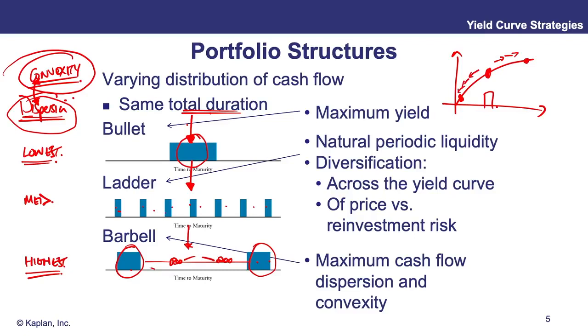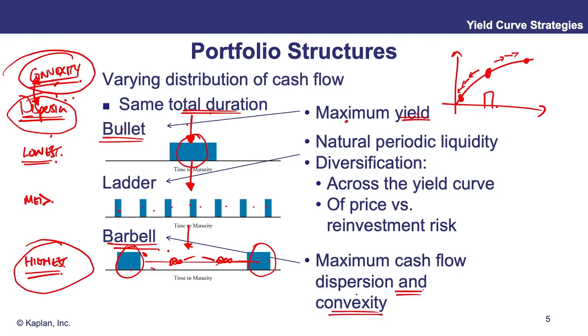In terms of yield, they'd like to be lower down here, but from a convexity perspective, we've already said highest convexity with the barbell, lowest convexity with the bullet. So you're making up yield here with the bullet, but you're likely to have low convexity. You're not getting as much yield down here with the barbell, but you're likely to be getting more